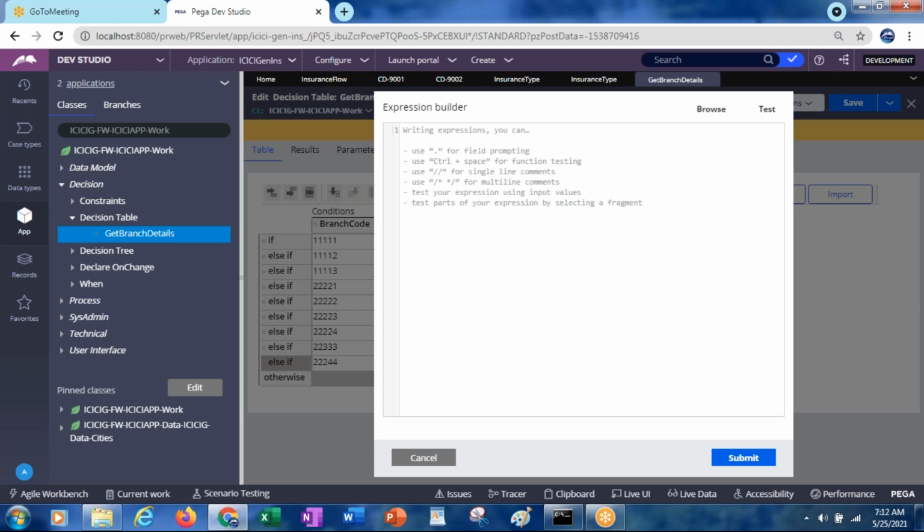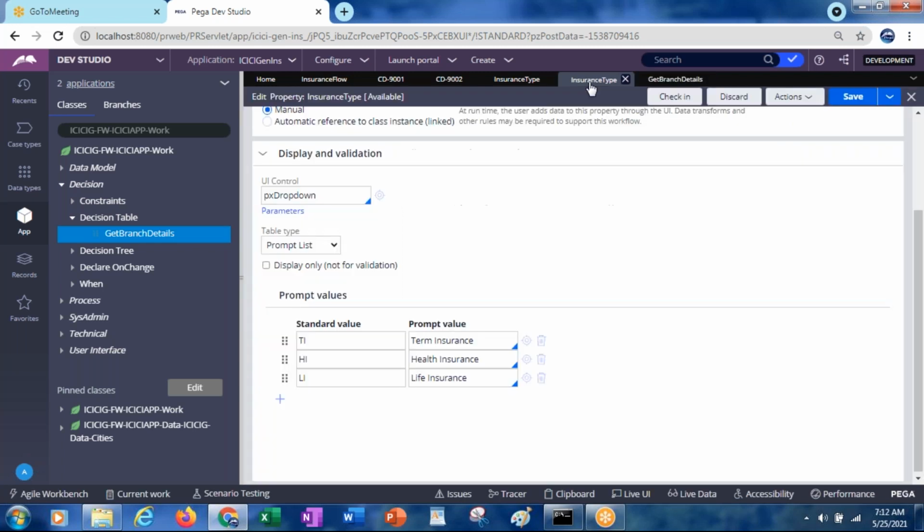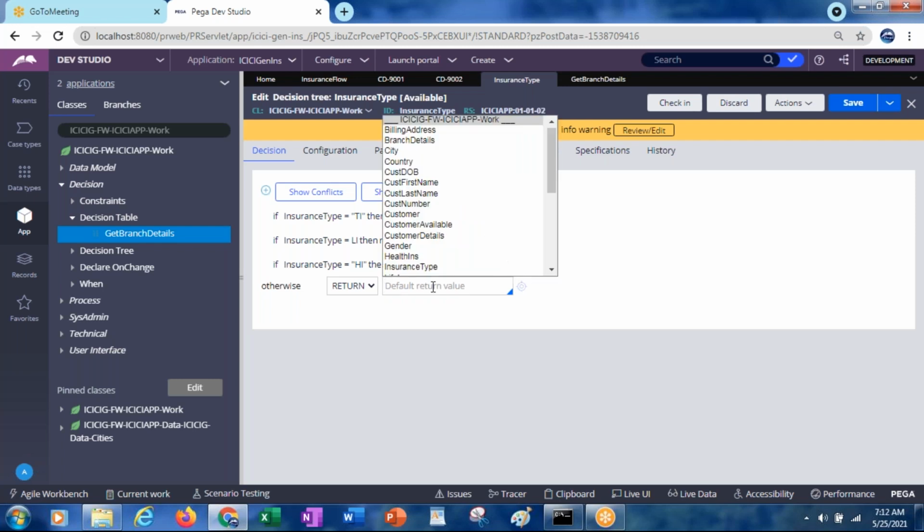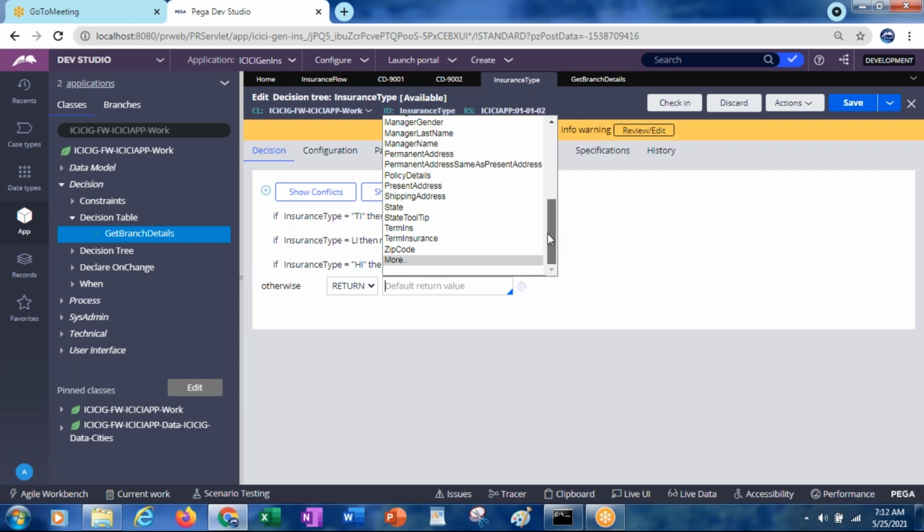Even from the expression builder you can select the return value. But whereas for the insurance type decision tree, what can be the return value? Here also you can select the property.